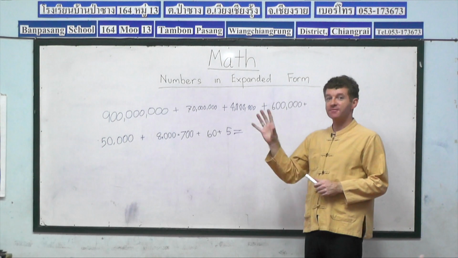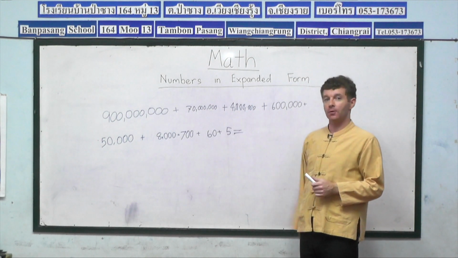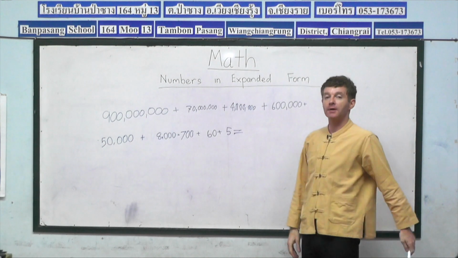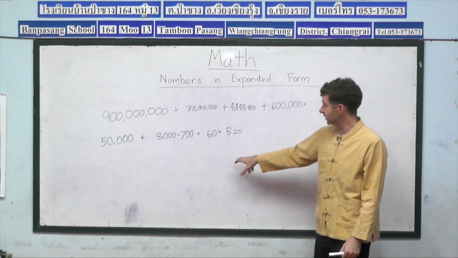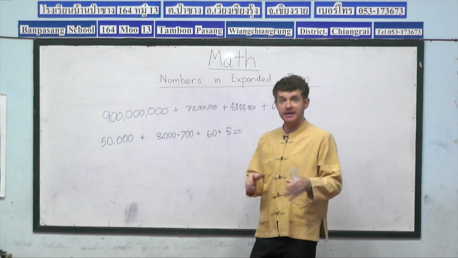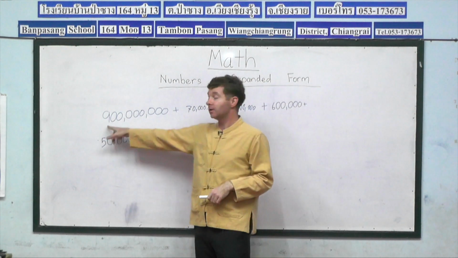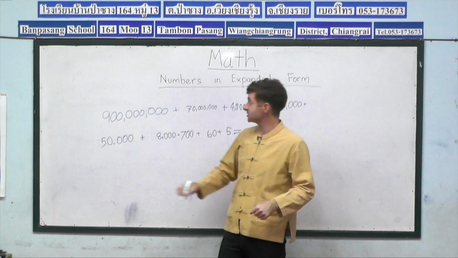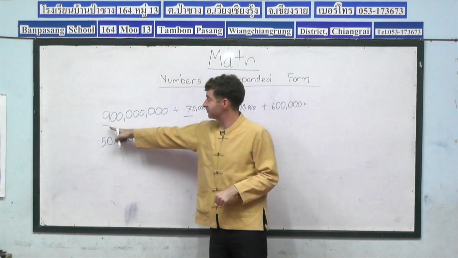Now, we have our number in expanded form on the board. This is our 9-digit number in expanded form. But how to read and then place it into a normal 9-digit number? It's very easy. All we need to do is look at the place value of each of the first digits and write them one after the other. So we have